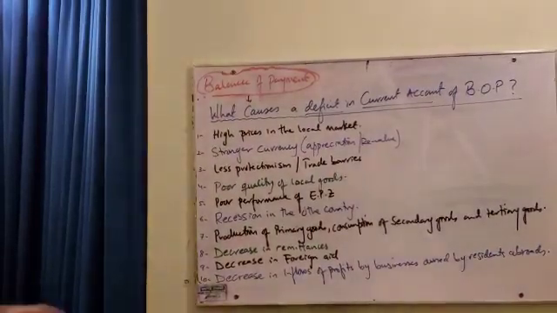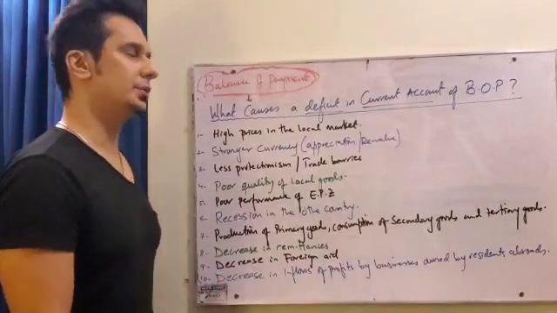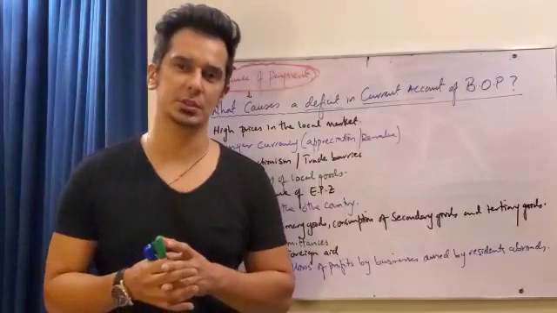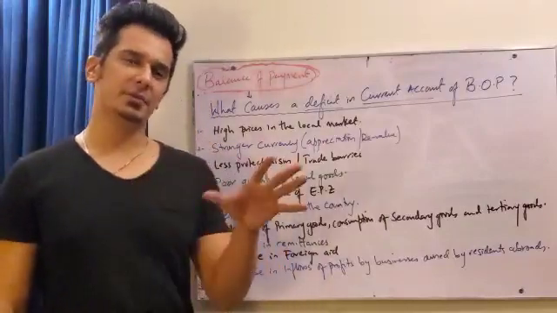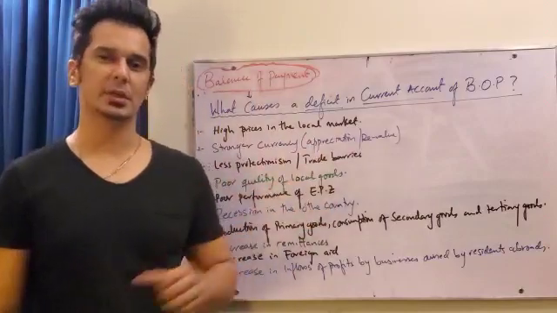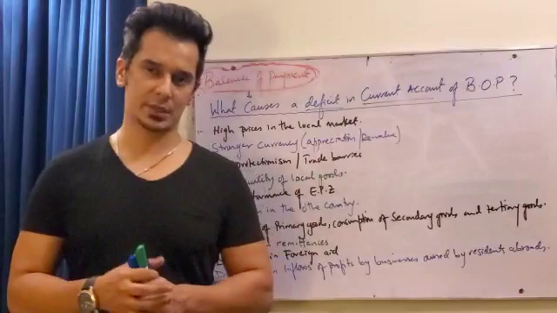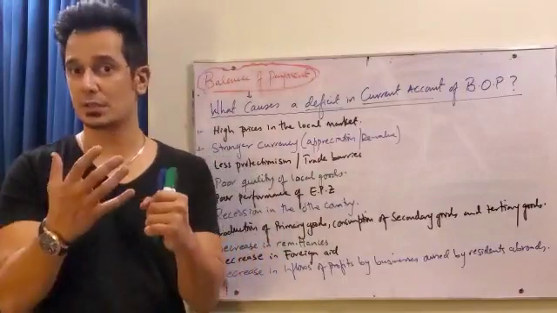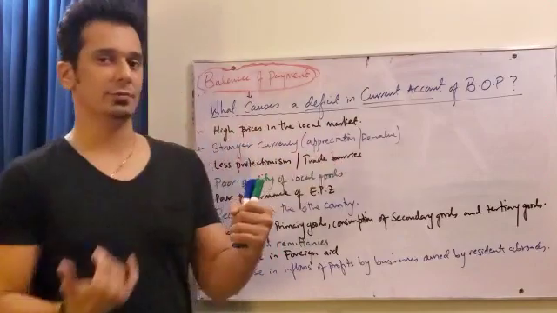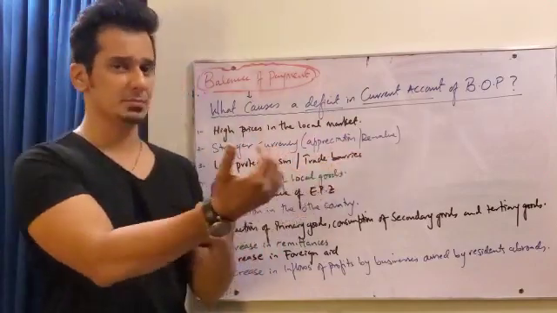All right, guys. Now we'll be talking about what causes a deficit in the current account of the balance of payment. This is the most repeated question in every part of economics questions related to the balance of payment current account. What causes a deficit? Now, what exactly is a deficit in the current account? This occurs when there is more outflow than inflows. That means there's more money going out of the economy from the current account and less money coming into the